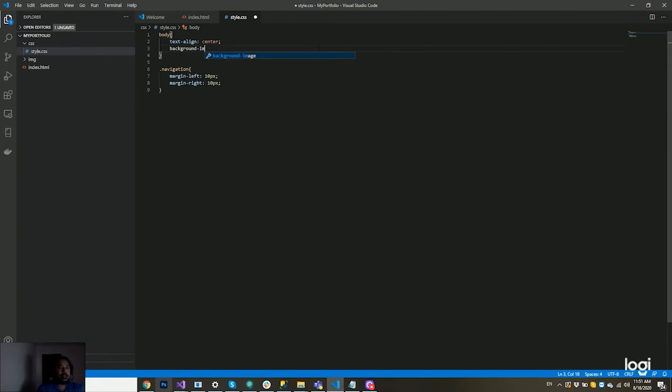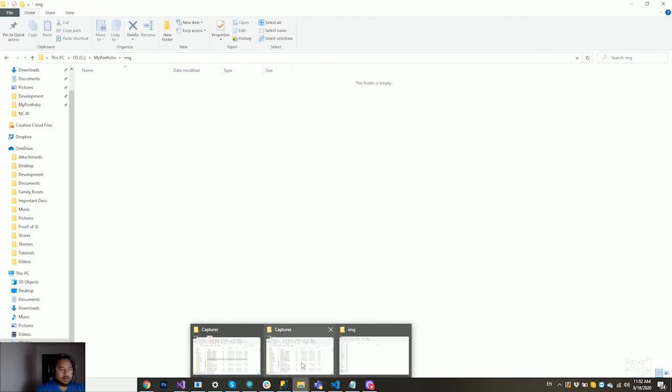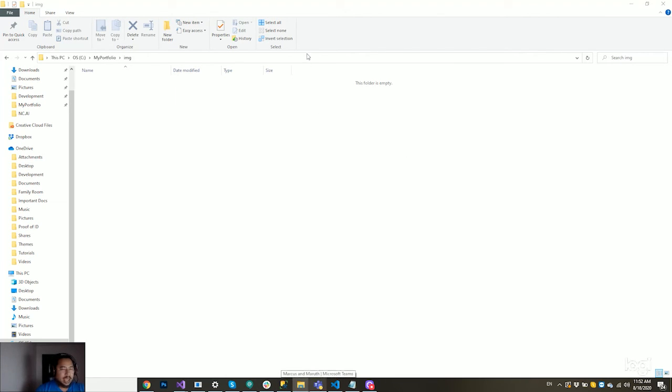And then the last part is you're going to style the body with a background. The way to do that is basically in the body itself. You can add a style called background-image and then url. So it's going to be image slash image, and since we don't have an image yet, let's